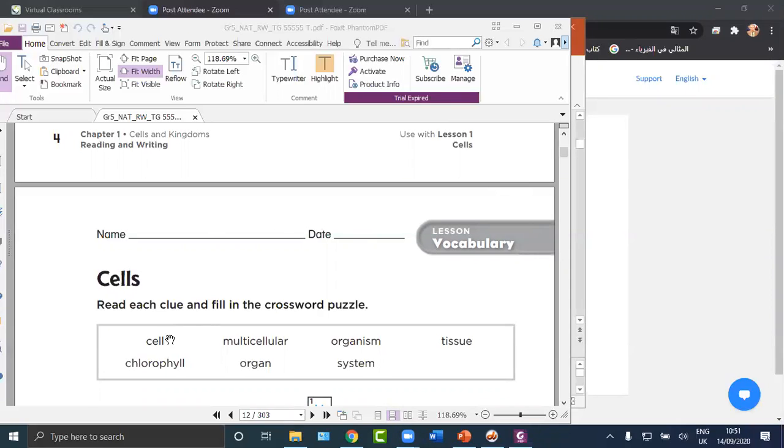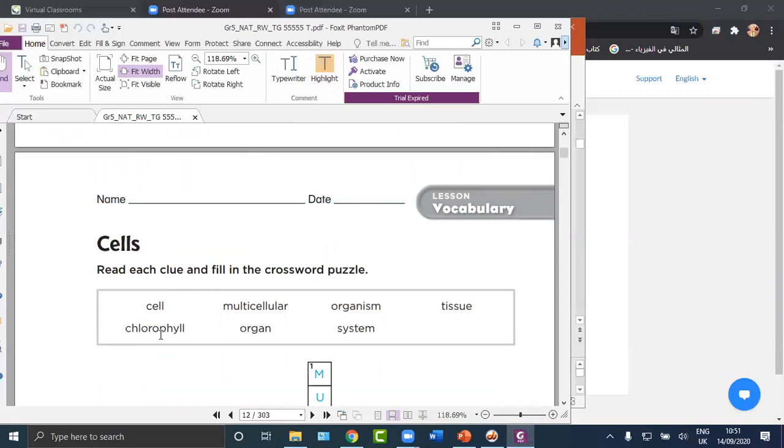The smallest unit of a living thing that can carry out the basic processes of life. I need only the word. The cell. Cell. Yes. Now number